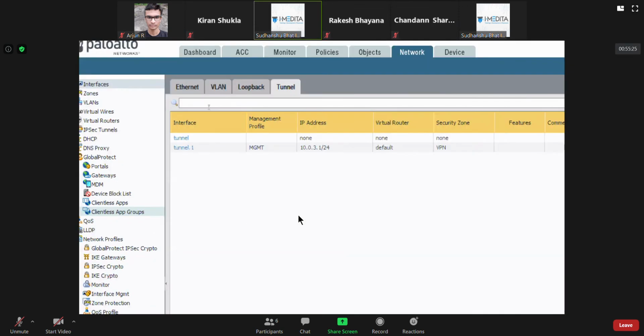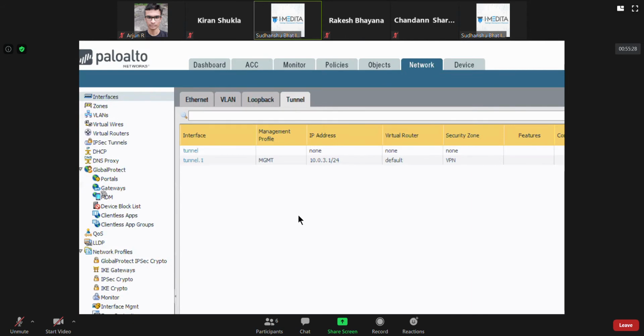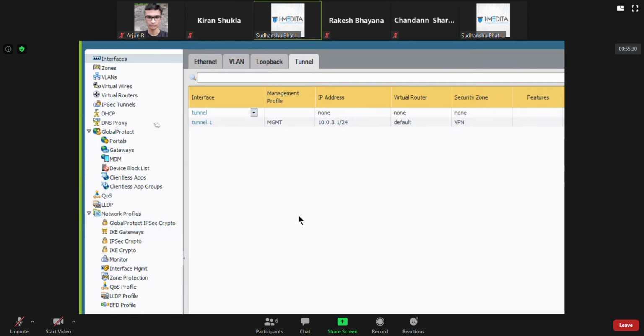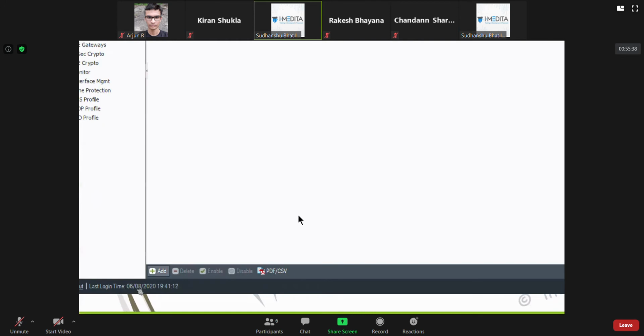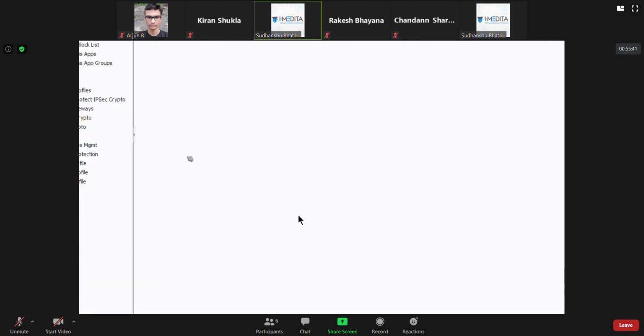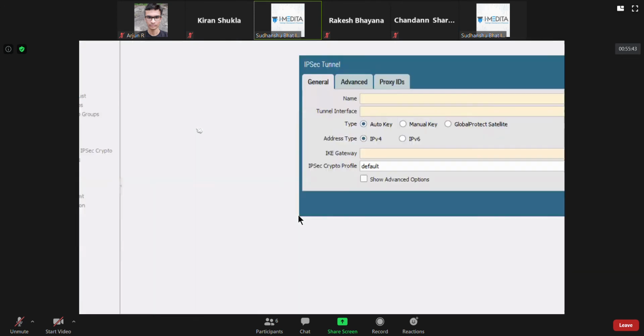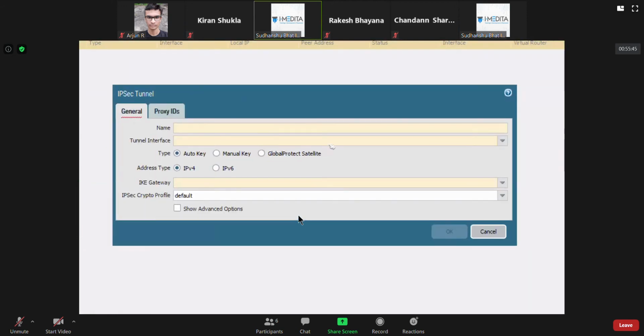Now, once you have the IKE gateway and tunnel interface, you go and configure an IPsec tunnel. And here, when you click add, you basically combine and bridge everything. Let's give it a name.